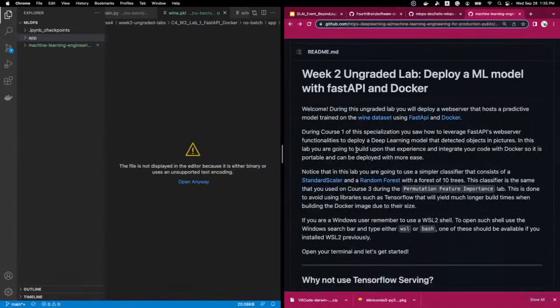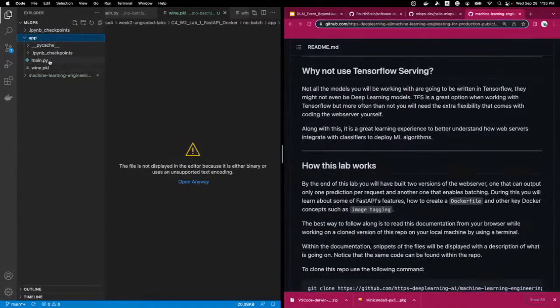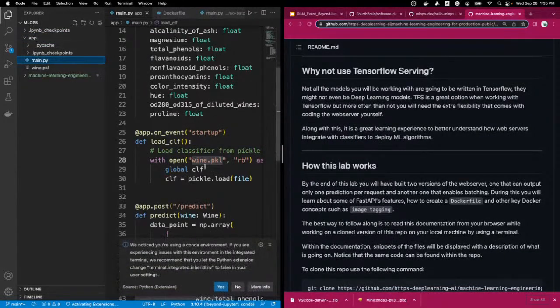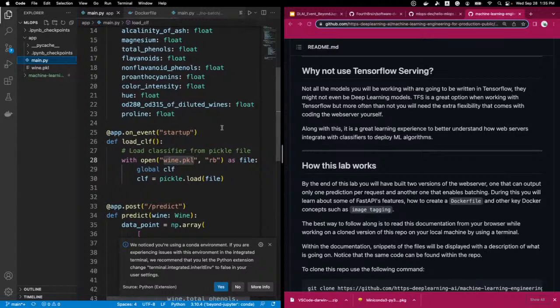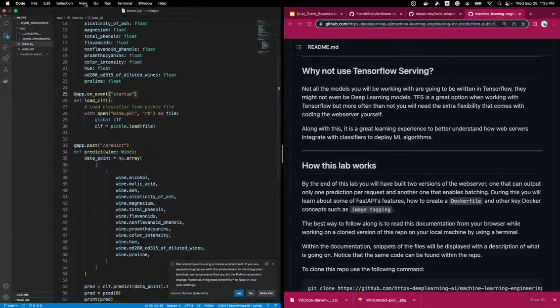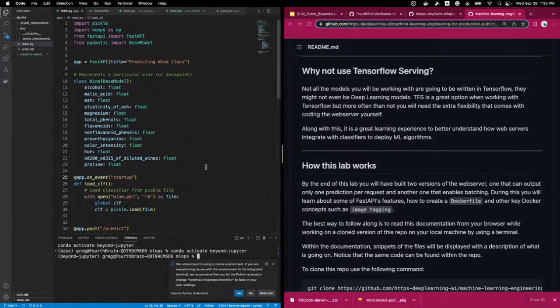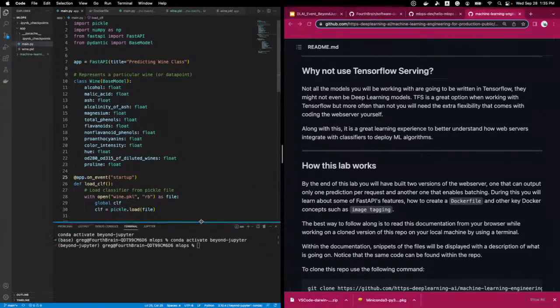So first, we're going to deploy the Fast API web app without Dockerizing it. And what you can do is you can look in this app folder and you can look at this main.py file. And we don't really need to view the terminal now, but we can. And if you're following along with me, then you might be starting to get pretty good at this. Although it is interesting to view the terminal when we actually deploy the web app, because we do get outputs